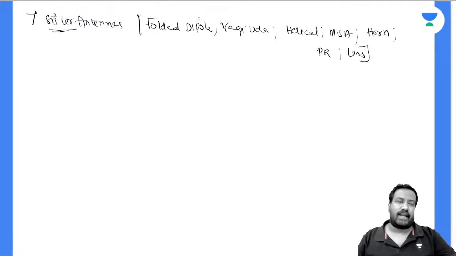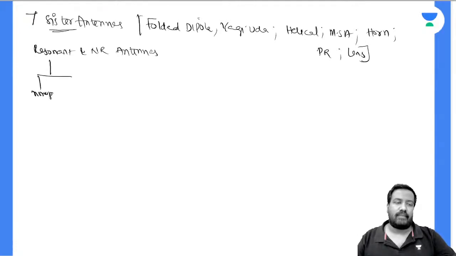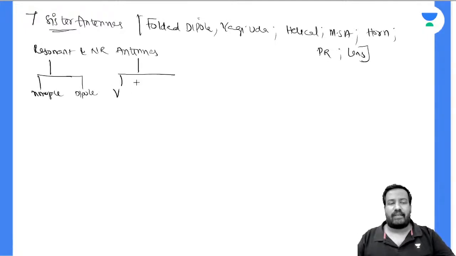Besides these 7 sister antennas, we had seen resonant and non-resonant antennas. Under resonant, we had seen monopole, dipole. The non-resonant we had seen V antenna, inverted V antenna, rhombic antennas,